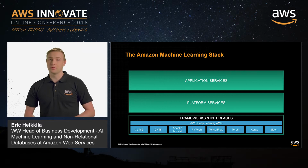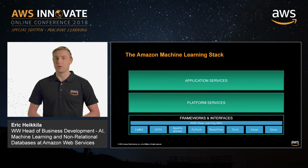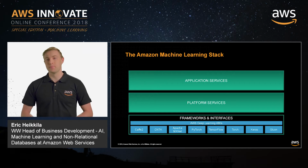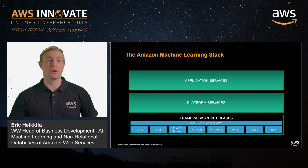When it comes to machine learning frameworks, AWS supports all the major frameworks, including TensorFlow, Caffe2, Apache MXNet, PyTorch, and others, so that you can bring or develop any model you choose. This gives developers the ability to select the framework they want to work with and to select the right tool for the job. Now, when you think about this bottom layer of the stack, unfortunately there aren't that many of